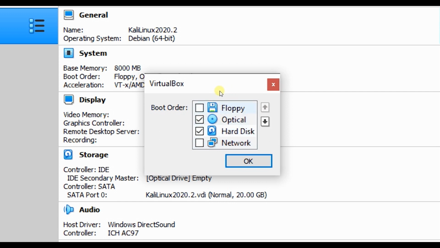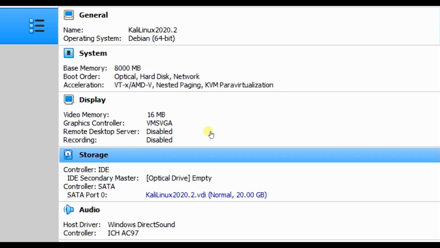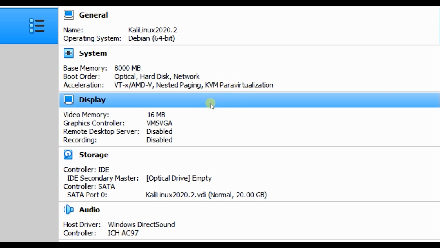Deselect floppy, because nowadays we don't use floppy drives anymore, and click on network. If you use floppy, you can keep floppy over there, and select the network if it's deselected, and click OK.